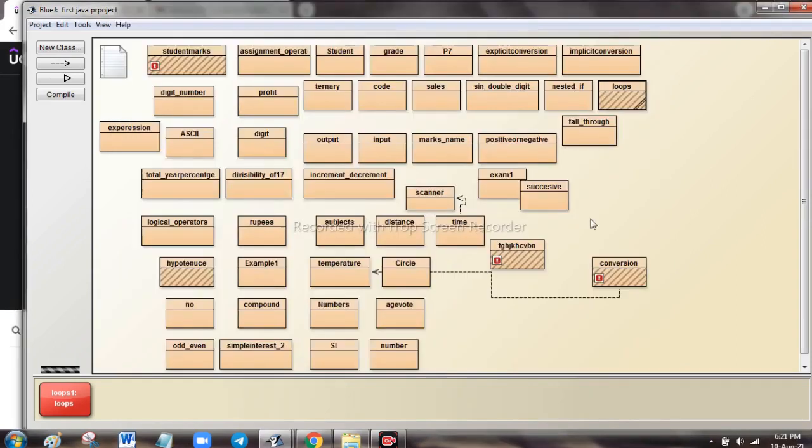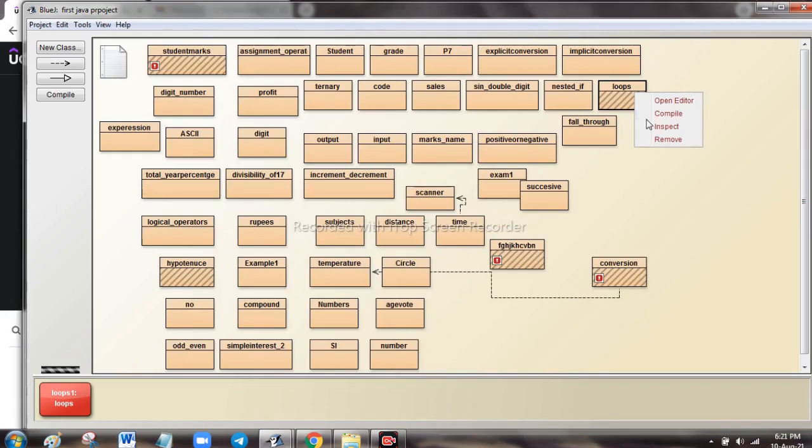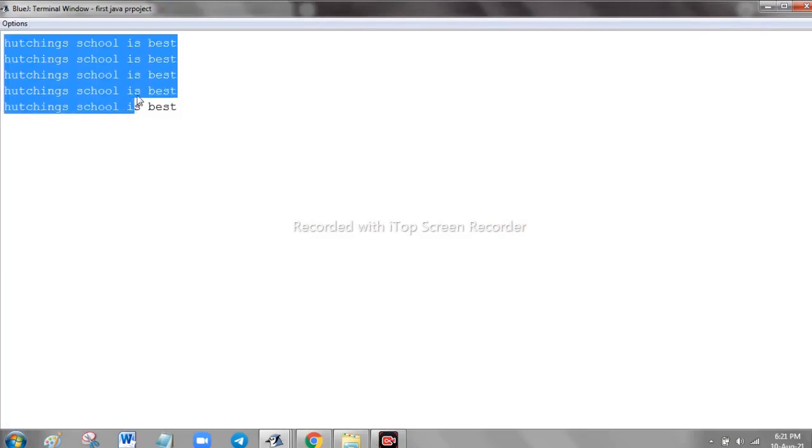So let's see the output over here. We have compiled the class now, and you will see in the console that the output has been printed 5 times, Hutchins